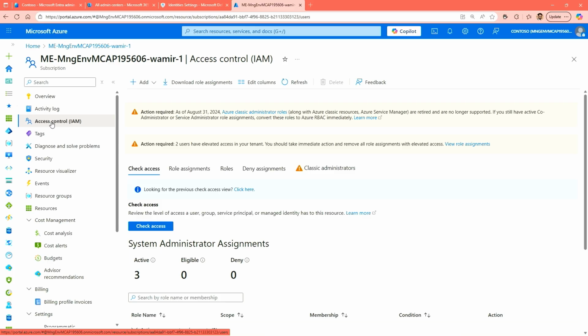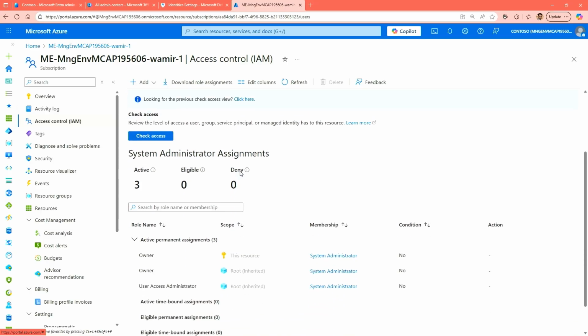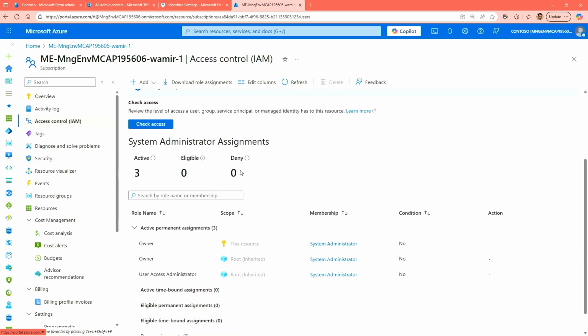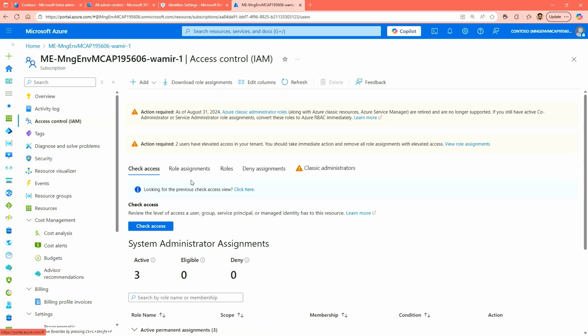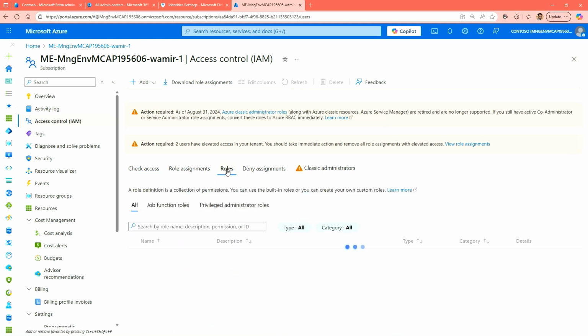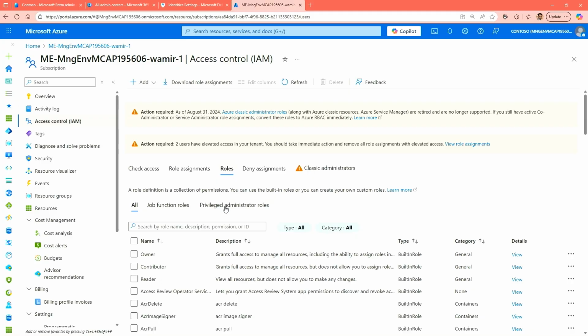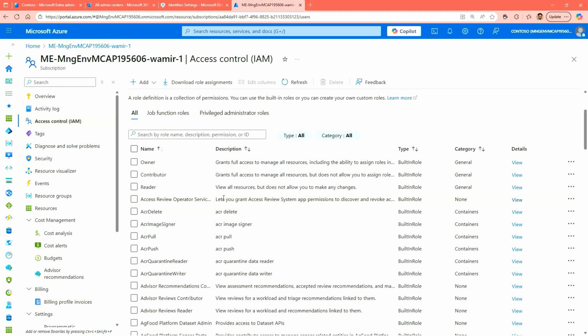Now, if I stay in my subscription and click on access control, right at the bottom of my screen, I should be able to see some details around this. If I wanted to assign the roles, I can simply go into the roles that are currently available for me to look at. Very briefly, we spoke about a few of these roles. We spoke about what the owner, contributor, and reader roles look like, and I did mention that these are general roles and they have some access.